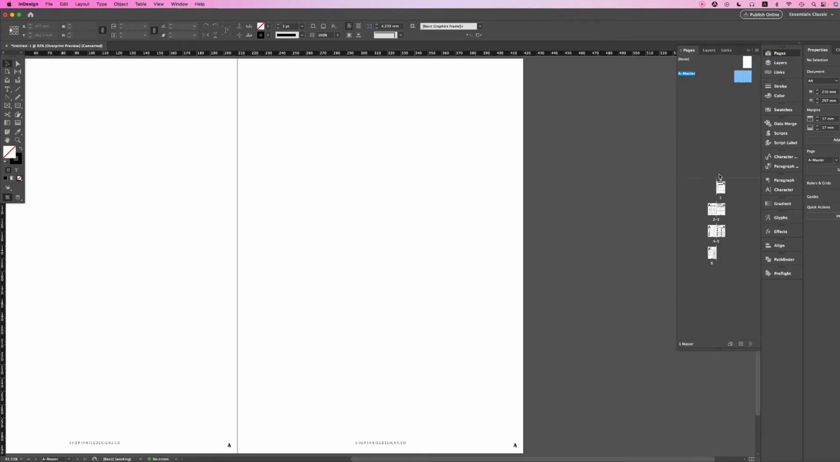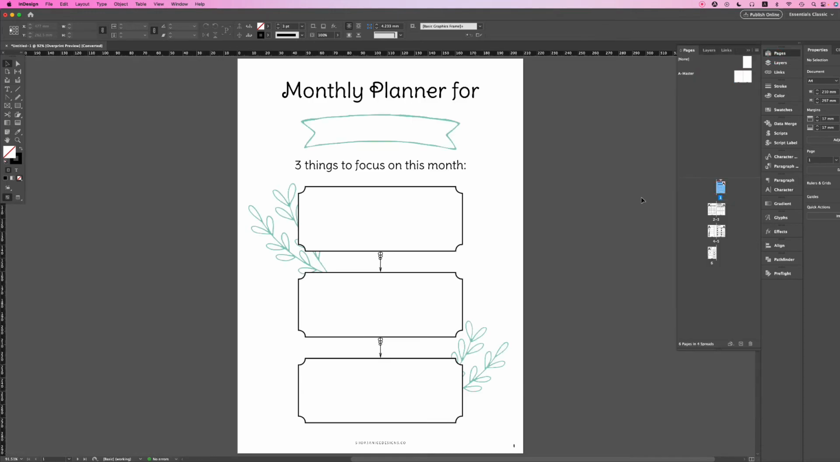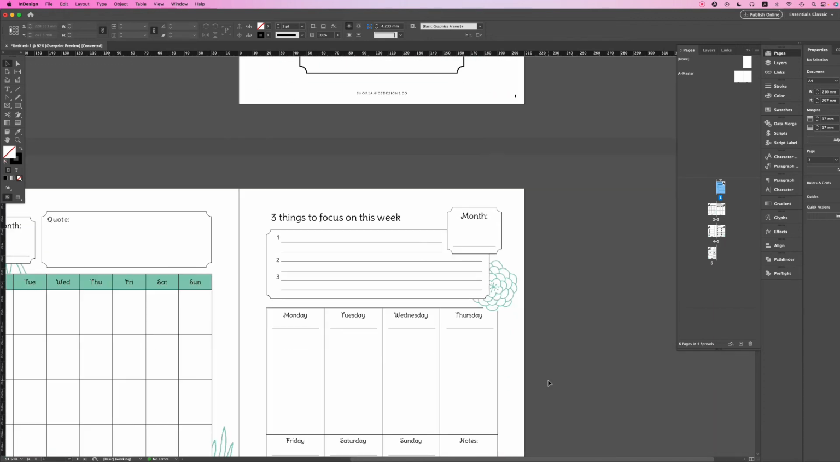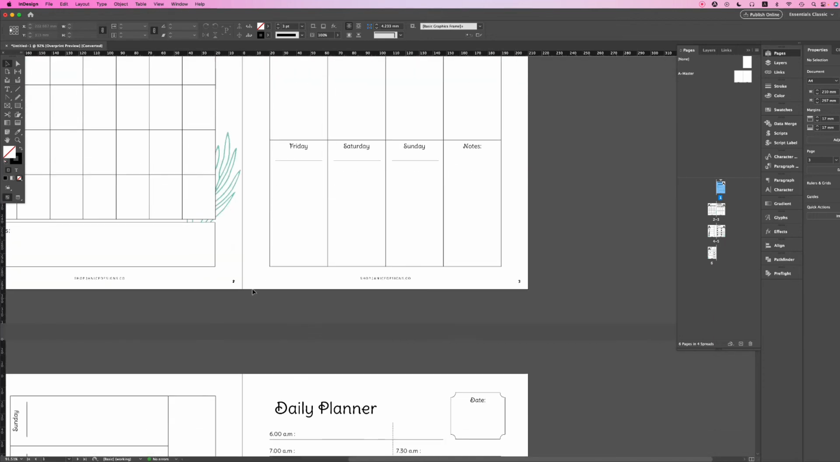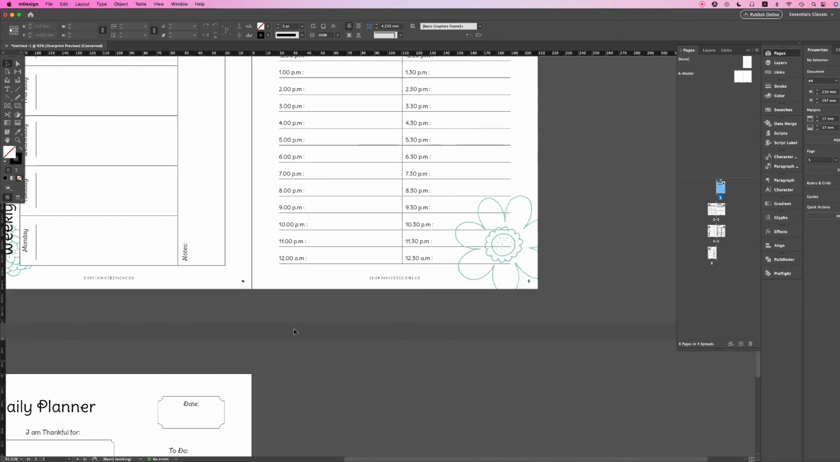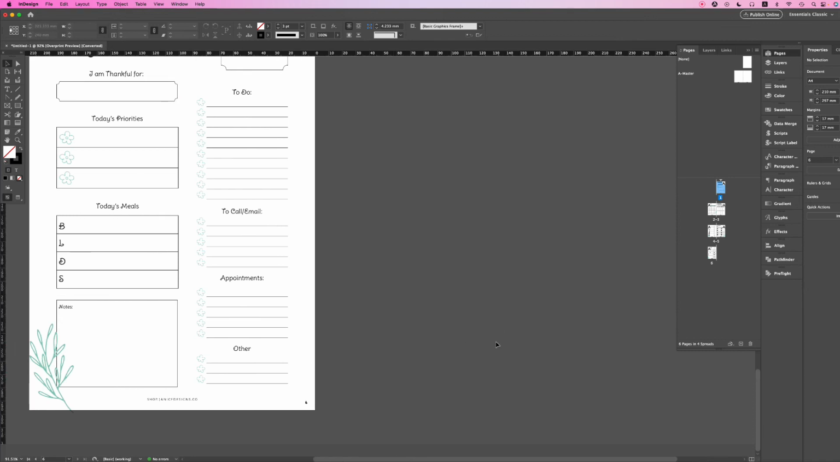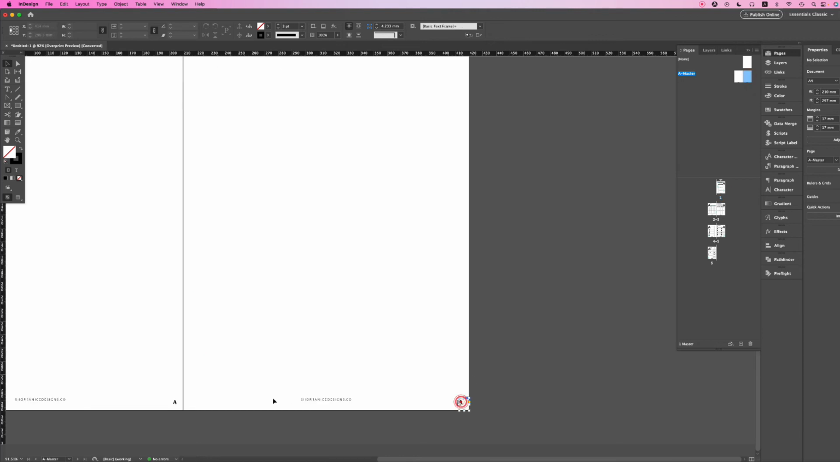Once you're all done, you can head back to your main page, and you will notice that all your pages are numbered. So 1, 2, 3, 4, 5, 6. Once you're happy with that, or if you're not so happy with that, you can go back again to your master page, and then you can maybe